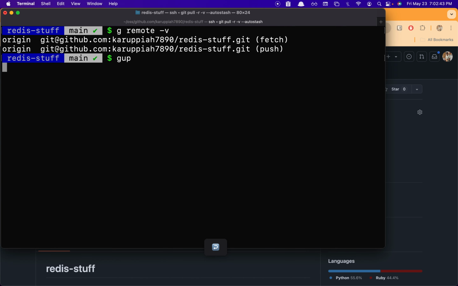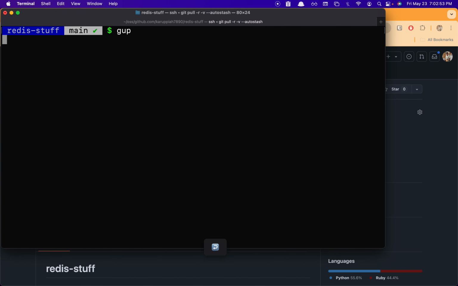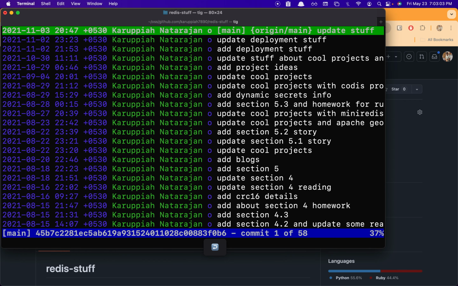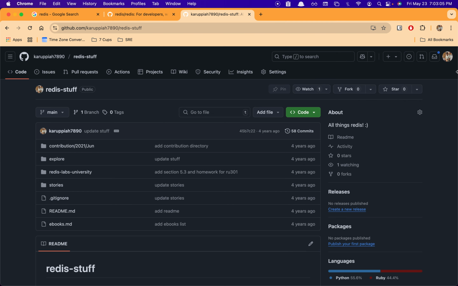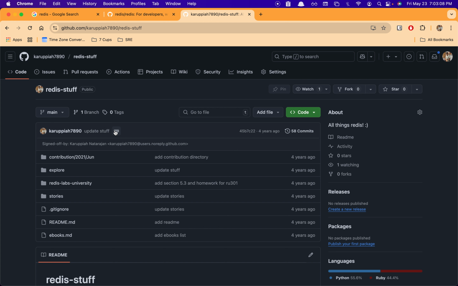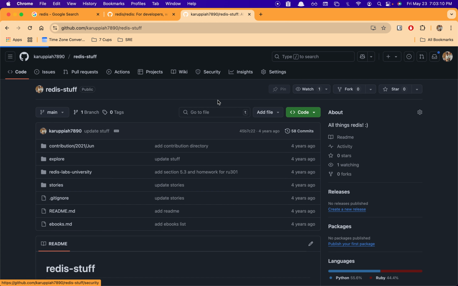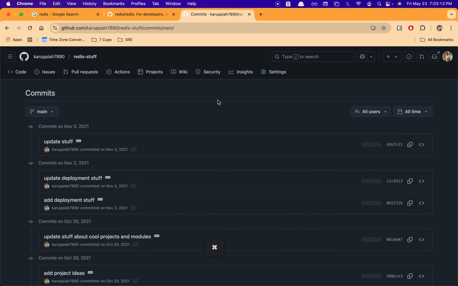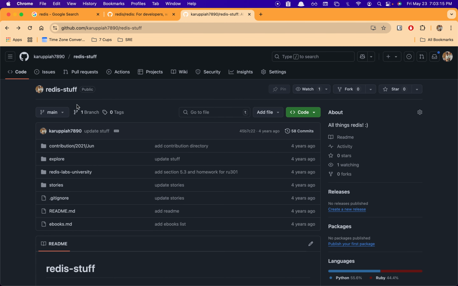So git pull rebase. Okay, so everything is up to date, and we have this. So I think the last commit was around deployment stuff. Okay, so this is a public repo that I have,